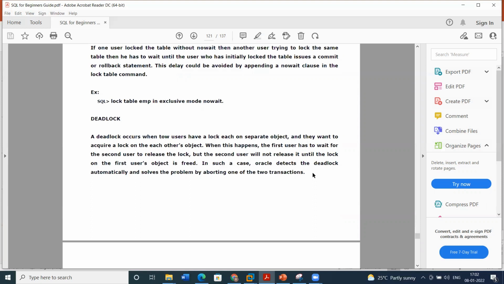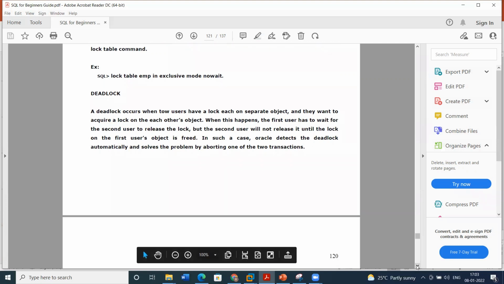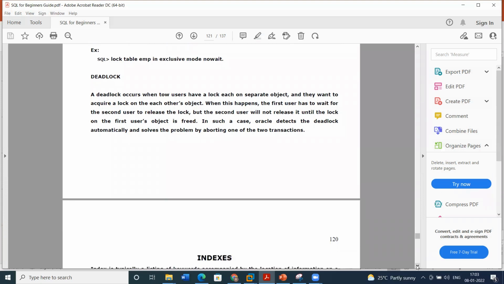So in that case, what we need to do is clear the deadlocks. Once the deadlock is cleared and the first user is freed, the second user's job will automatically run fine. This will happen sometimes, whenever a job fails due to deadlock issues. Normally, two transactions hit at the same time, and that is how the deadlock issue occurs.